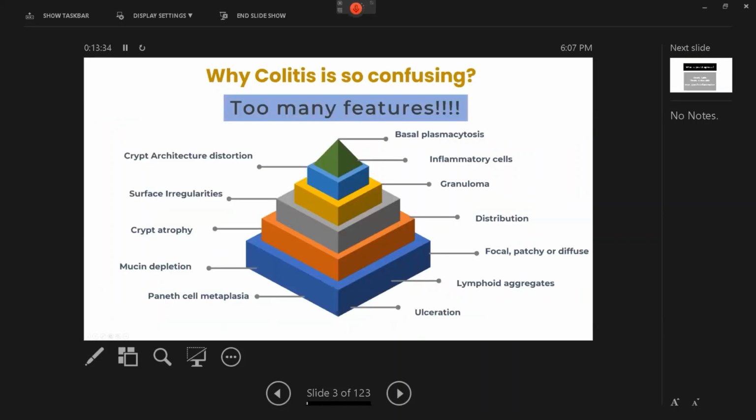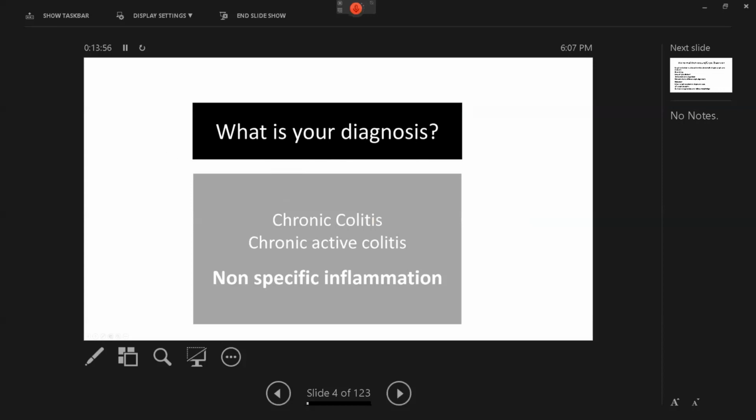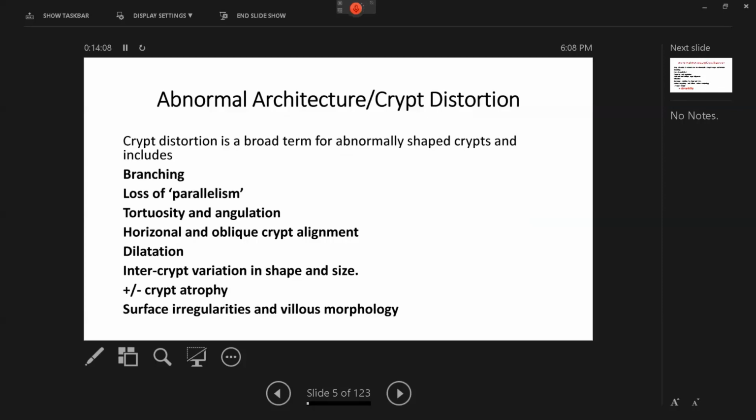Of course, what we've discussed before, we discussed all of this in the previous four lectures, and we said how we can identify each and every feature and how much weight it carries overall in order to reach a diagnosis. And what we try to do is to avoid the diagnosis of non-specific inflammation, for all the reasons we talked about in previous sessions.